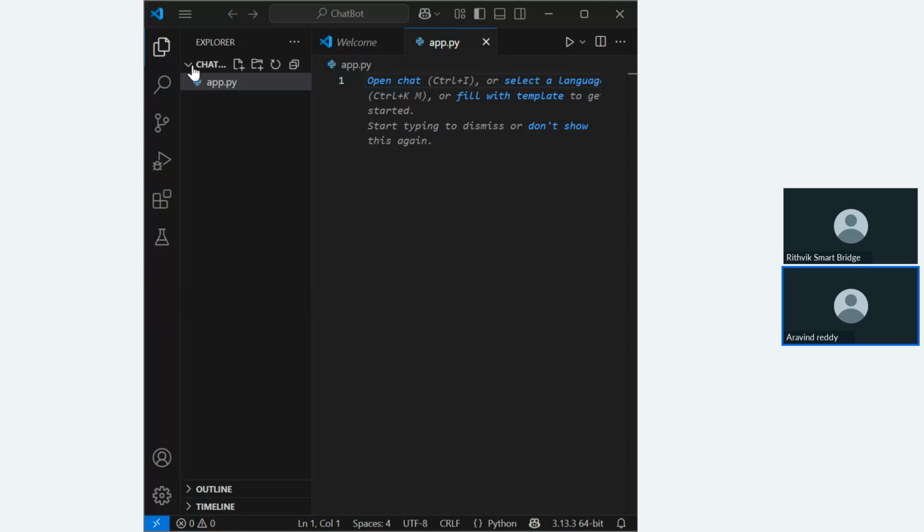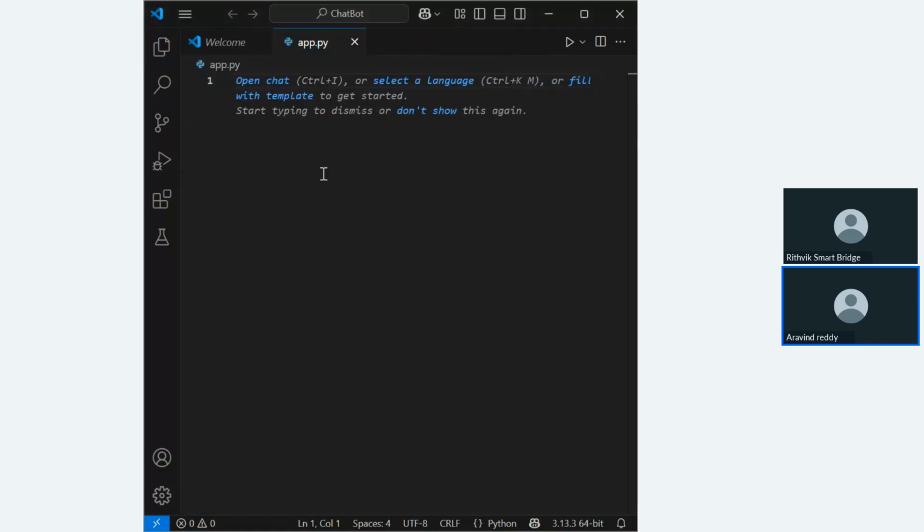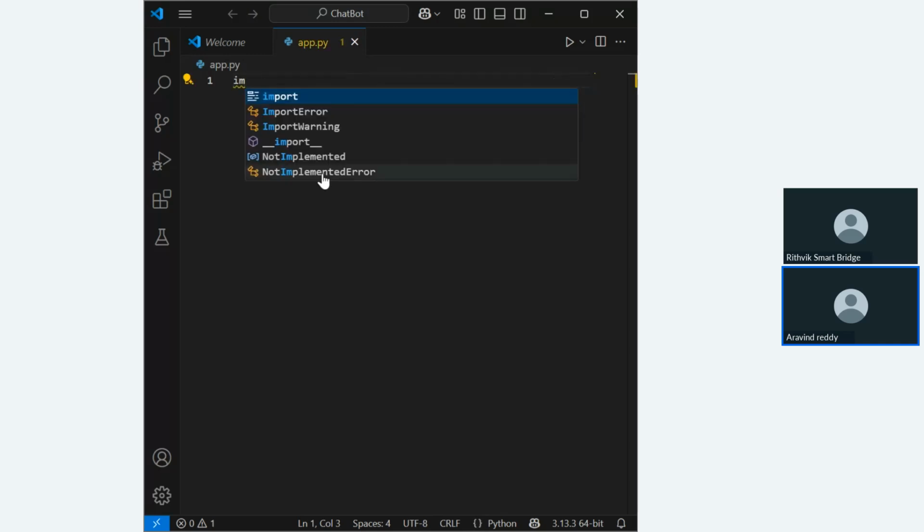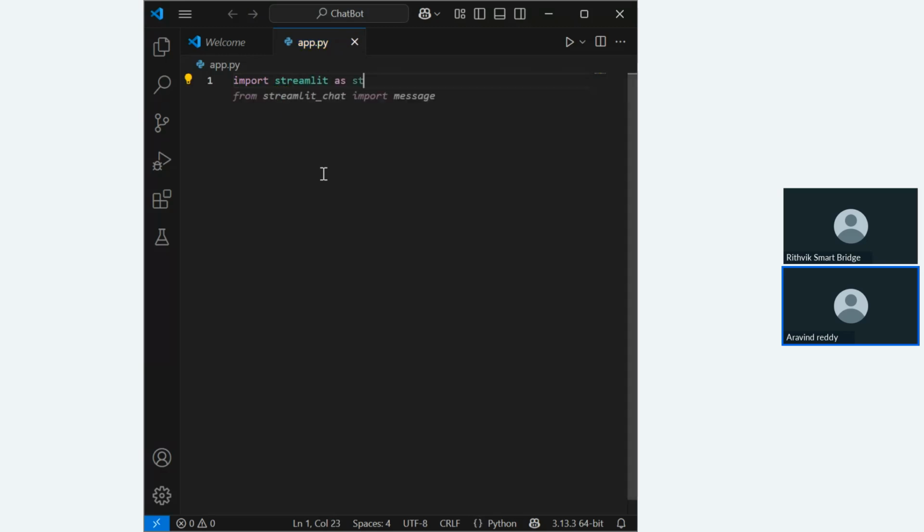First of all, when you open a folder, you need to create an app file based on the language you're going to use. Okay. And first, I'm going to import Streamlit. I'm using the Streamlit framework for this project. So just import it as Streamlit, and from